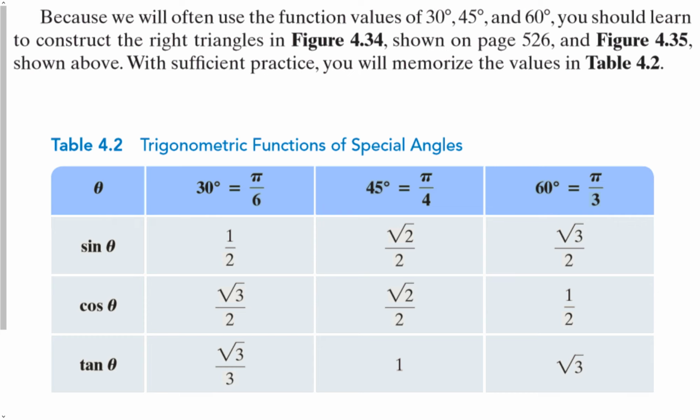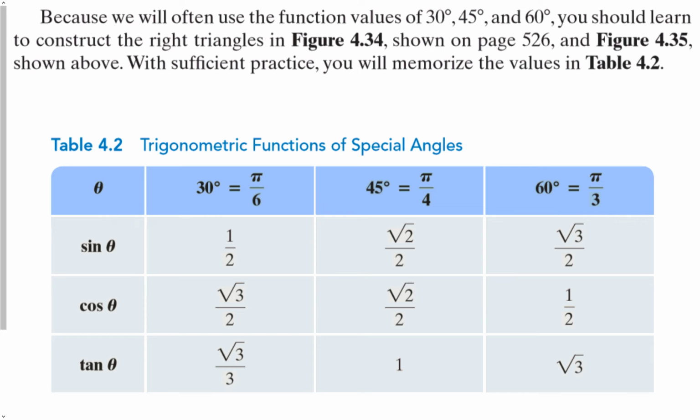The sine, the cosine, the tangent of each of these special triangle angles. The 30-degree angle, the 45-degree angle, and the 60-degree angle. Once you have those three, it's pretty easy to get the cosecant, secant, and cotangent. You just take the reciprocal. But it is very, very helpful to remember